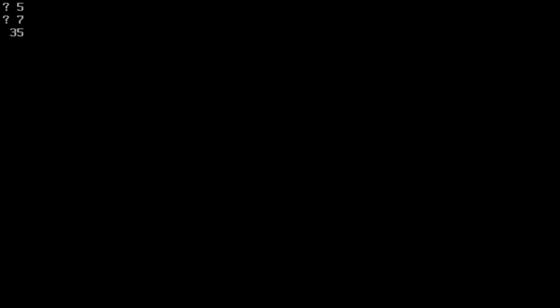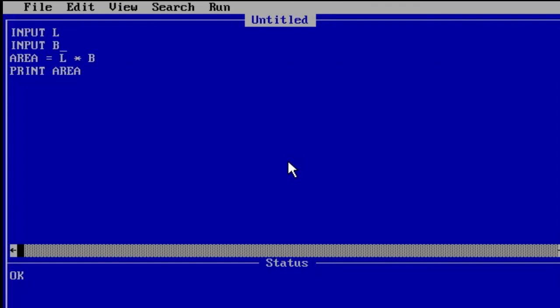So for the input statement you have to put the value for the variable at runtime, on the output screen. Got it?